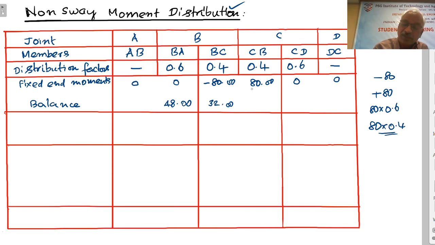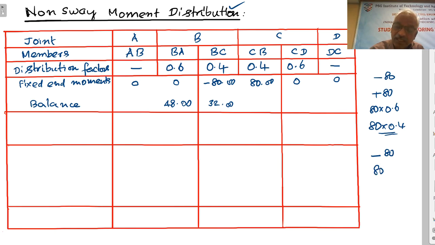Similarly, the joint C is to be balanced. So here we have to apply minus 80, because unbalanced moment is plus 80. This I don't want to explain elaborately because already we have done number of problems. So moment distribution process I just introduced, go to the final step. So viewers can easily do it because this is the 11th problem in moment distribution method. Therefore, that is a fact, right? Now plus 80 is the unbalanced moment. Apply minus 80.